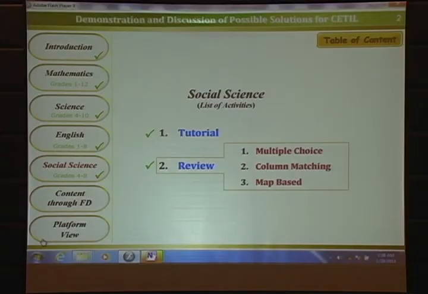So, my friends, this is the content part. Mathematics, from grade 1 to grade 12, very extensively done, as you have seen. Sciences, for grade 4 to grade 10, as you have seen. English, grade 1 to grade 8, we are building on 9th and 10th. What's left? Social sciences, you will have only grade 4 and 5. 6 to 10 is being built up. It will take a little bit more time.